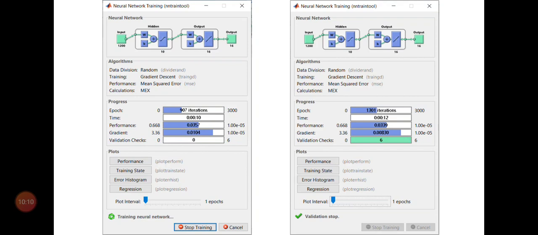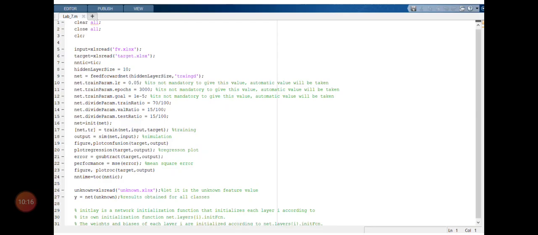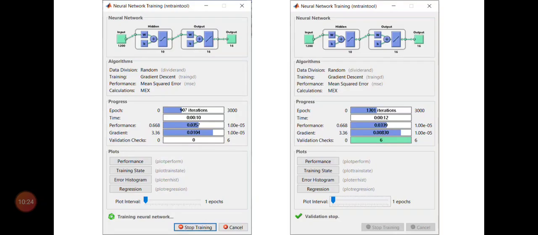Now the data division has been done randomly. Training has been done by gradient descent, that I already told you, in line number 9. In line number 9 we have given train GD, which symbolizes gradient descent. And performance has been measured by mean squared error.